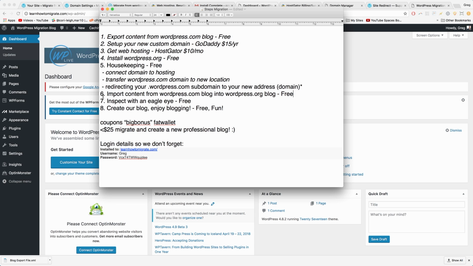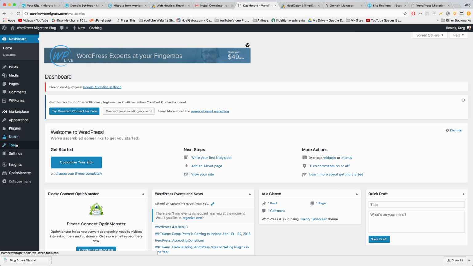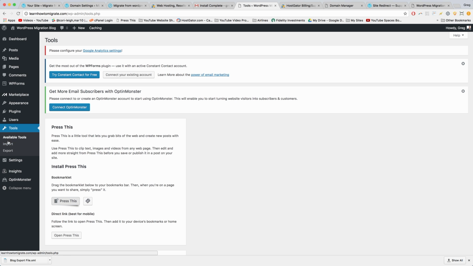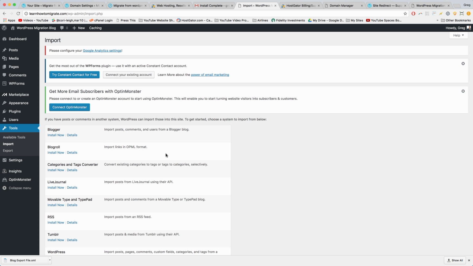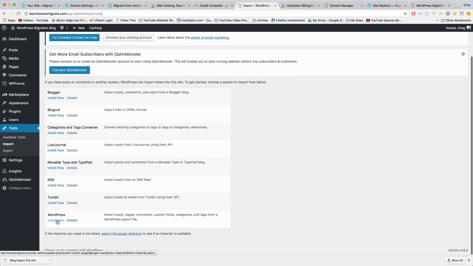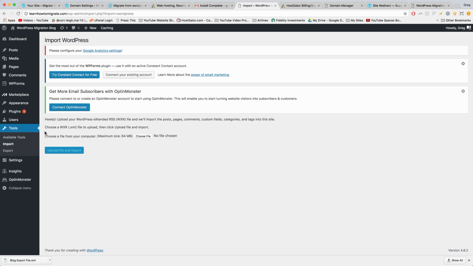Alright, so to begin importing your content, follow me down to Tools in the dashboard area. Click Tools, and then we're just going to click Import. Now we're going to scroll down to where it says WordPress and click Install Now. We're actually going to be installing the WordPress importer plugin when we do this. Now just click Run Importer. Alright, it says, howdy, upload your WordPress extended RSS WXR file, which is exactly what we created in